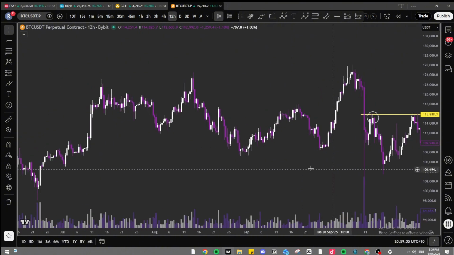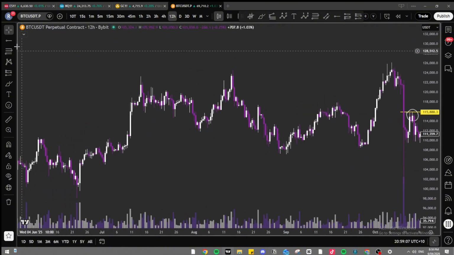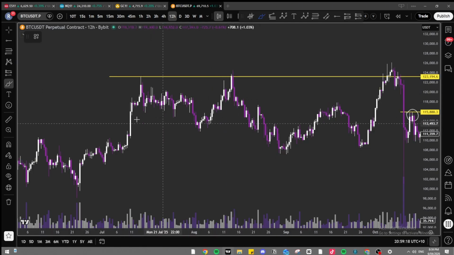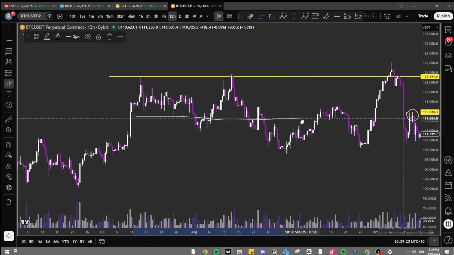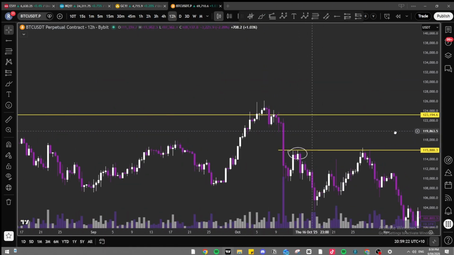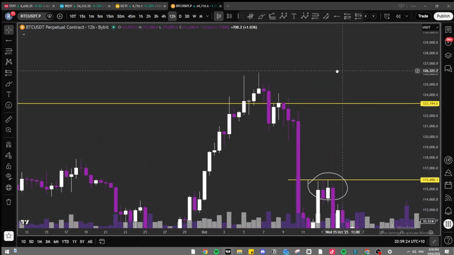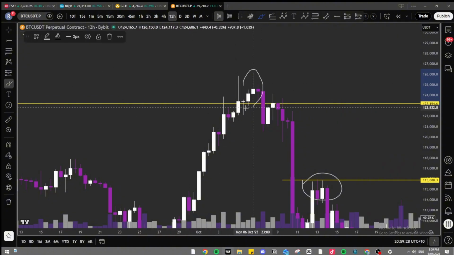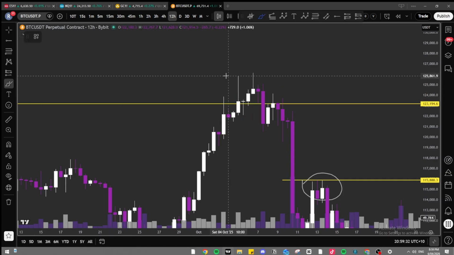Let's go over more examples. As we can see once more here, this is a clear fake out because price does not close above the high. So this could have been a short back into the range. Now this is a very good example again, because what we see here is price does start to close above the range, but internally, this range over here,